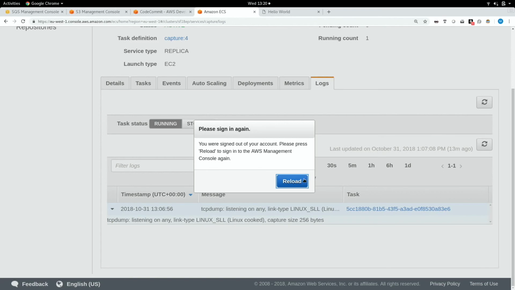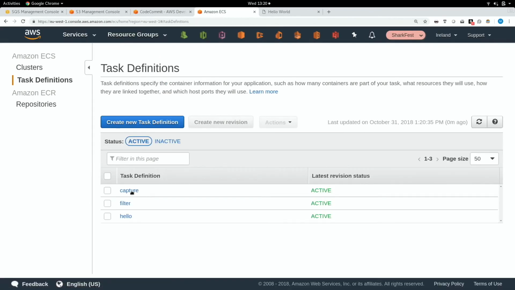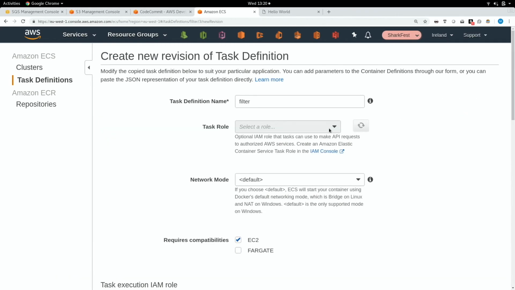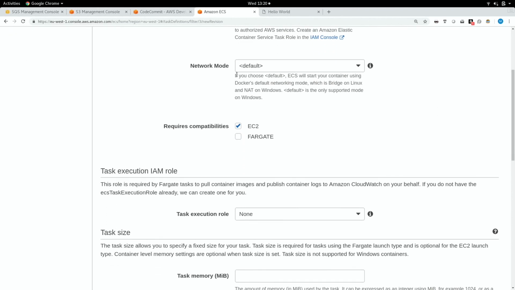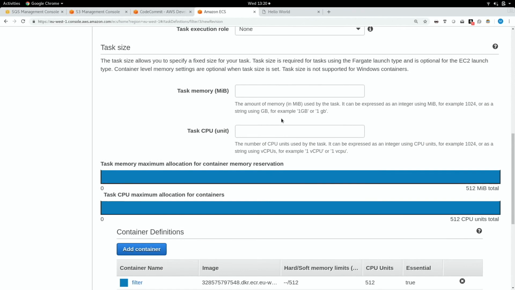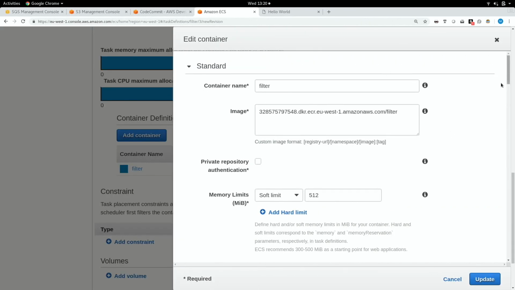Let's go back to ECS. And we've got a task definition here called filter. If we have a quick look in here, it's got all the stuff that you'd expect. Interestingly here, we're just using the default networking mode because we don't care about all that other stuff, because we don't need to see the host as we did previously. And we've got our Docker container, our container name, as you'd expect. Here we're giving it a bit more memory because we want to.